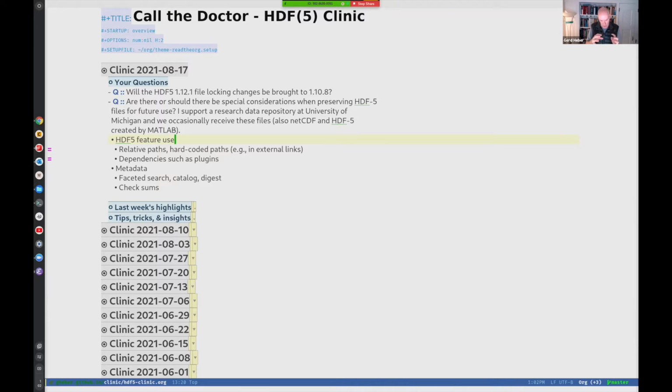So the concern is not so much with the files themselves and being able to read them in the future, because we as the HDF Group, that's part of our mission, we give you what we call forward and backward compatibility.